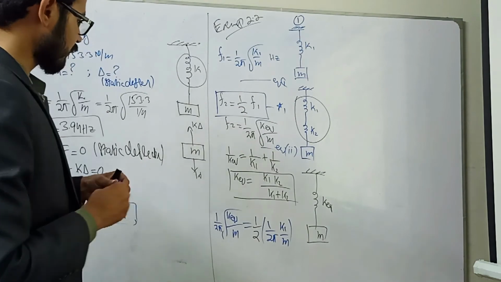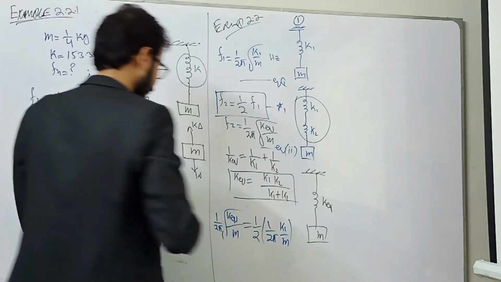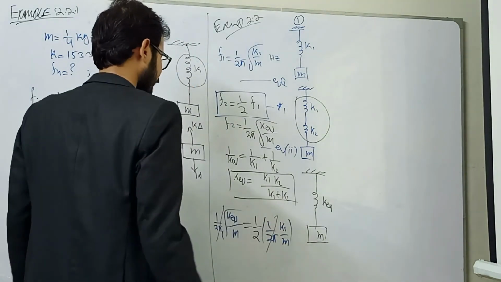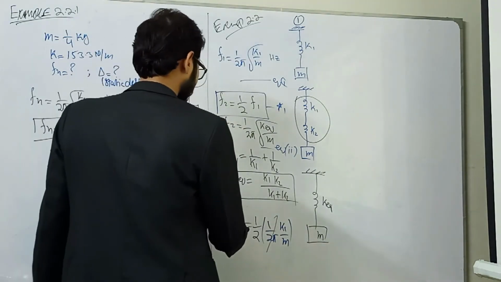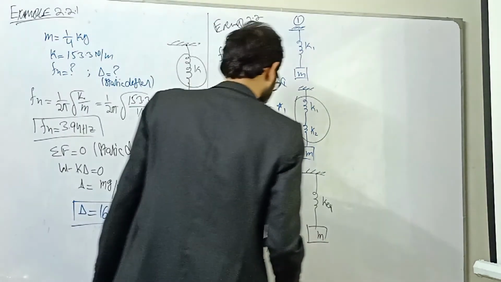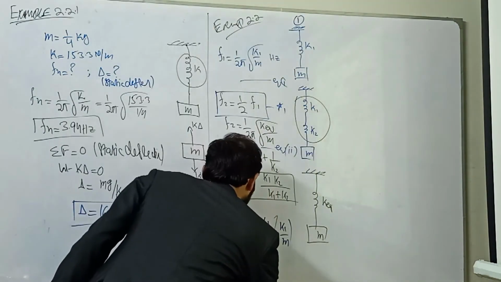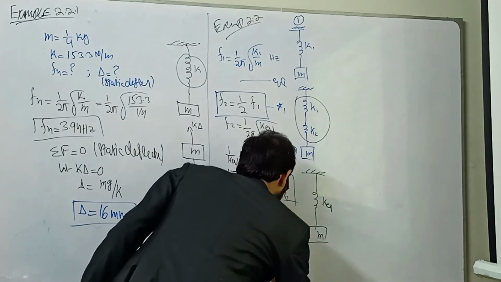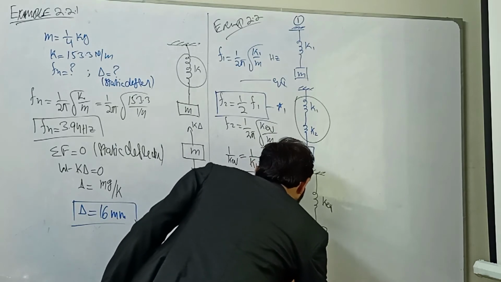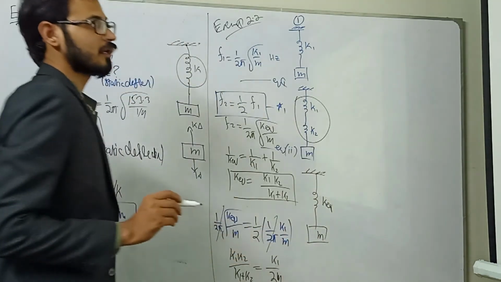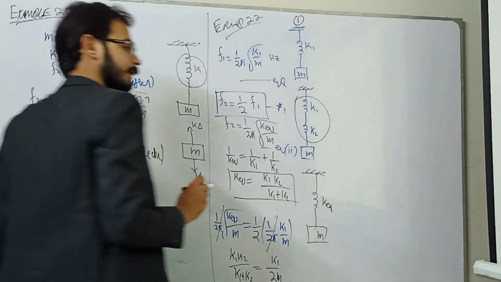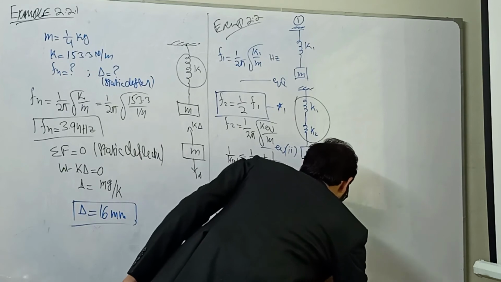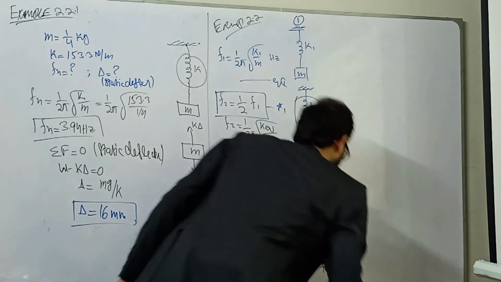So this is the expression. Again, we can cancel out these terms, take care of these terms and put the value of K equivalent, and at the end we will have, for example, K1 K2 over K1 plus K2, that is equal to K1 divided by 2m, and we are asked to find the value of K2 in terms of K1. So K2 as a function of K1, we have to find the value of this.